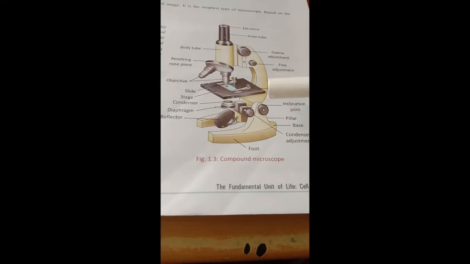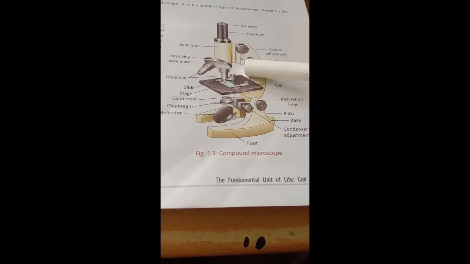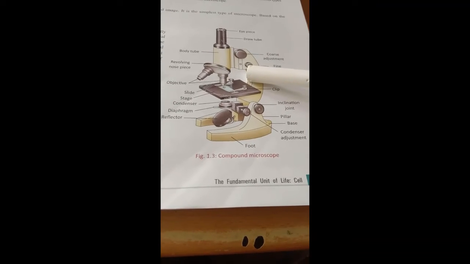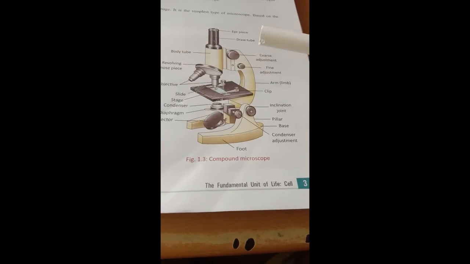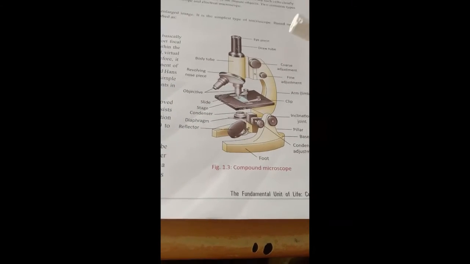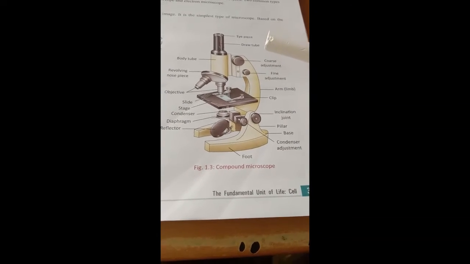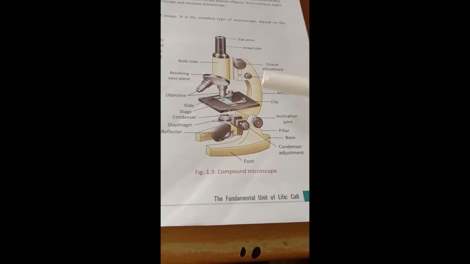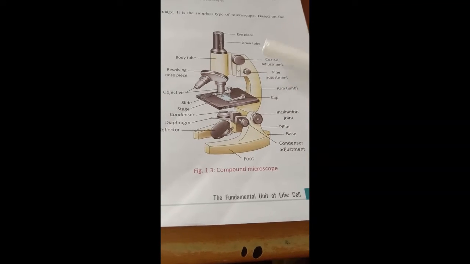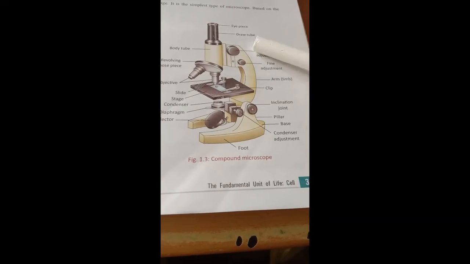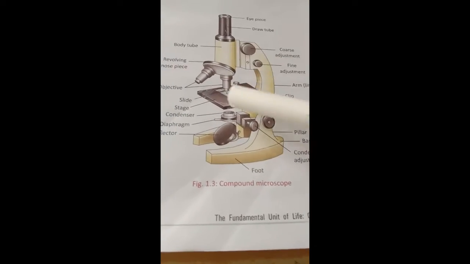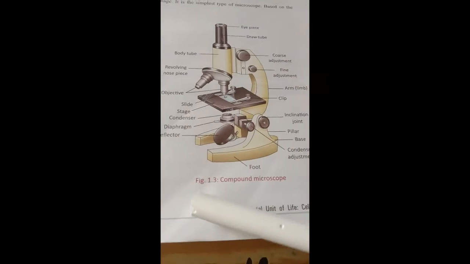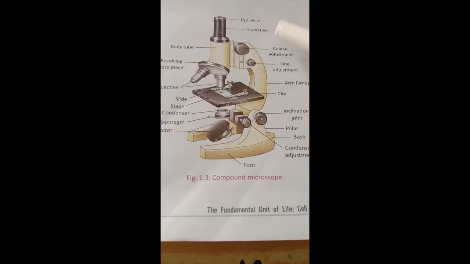Normally in the school laboratory for the younger classes, we have a simple microscope, and for little higher classes, we have a compound microscope. But the electron microscope is widely used by students of the research field, that means those doing spatial biology and PhD, right? So exactly what is there in the microscope? This is the structure, this is a diagram of the microscope.